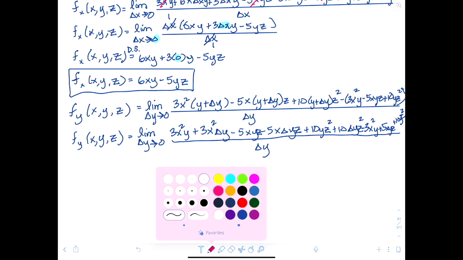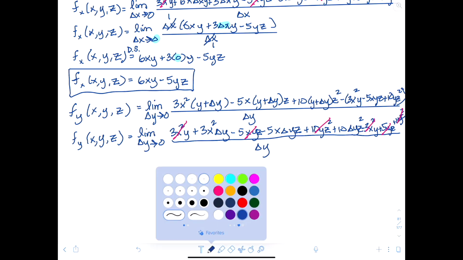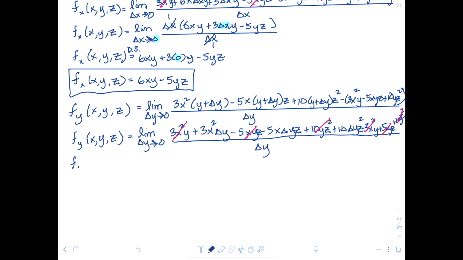So let's see what zeroes out. The 3x squared y zeroes out, and the 10yz squared zeroes out. And the 5xyz zeroes out. So we shall have